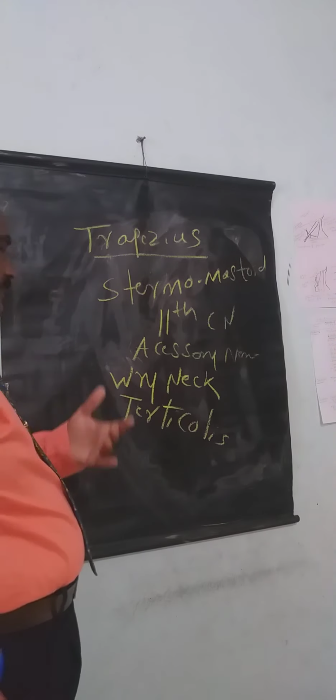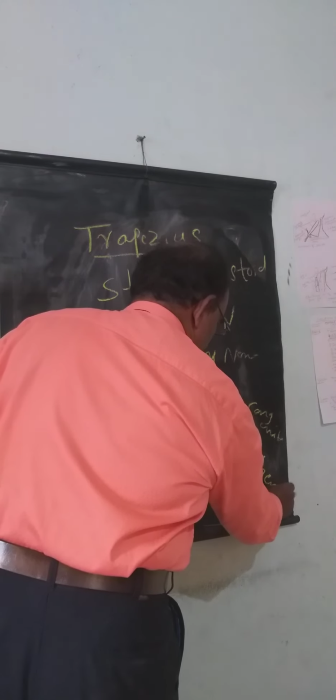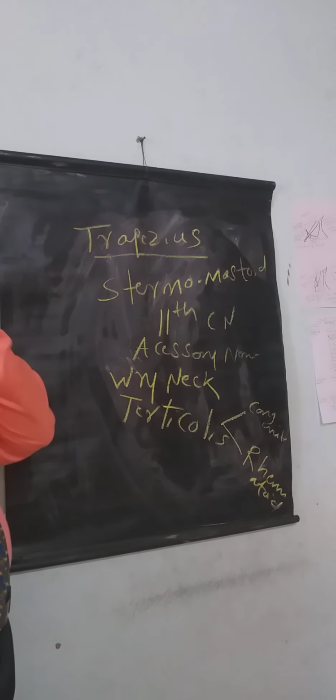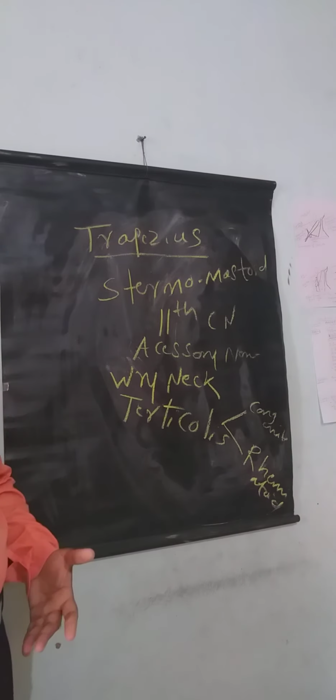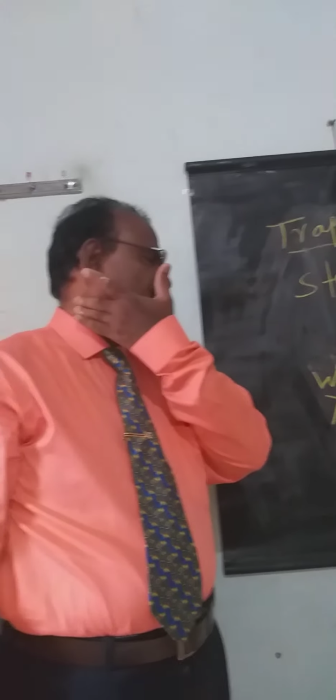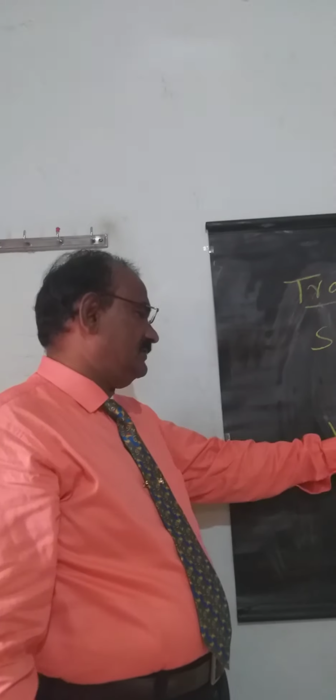It may be congenital torticollis. It may be rheumatic torticollis. The patient with wry neck cannot twist his shoulder, cannot move his neck. That condition is wry neck or torticollis. This has to be known. Now we'll go to the remaining applied anatomy.